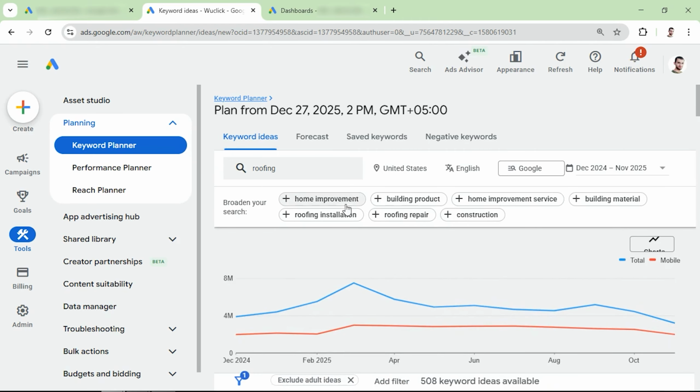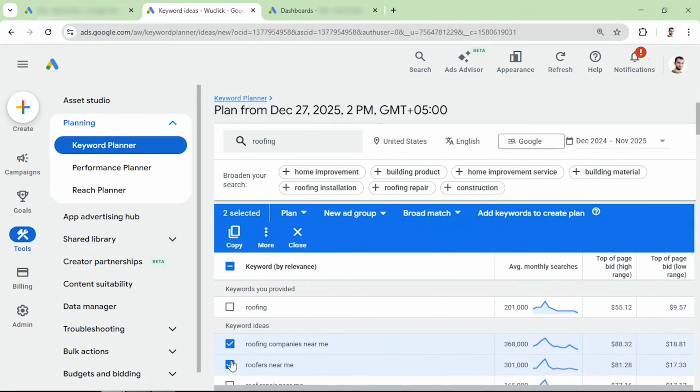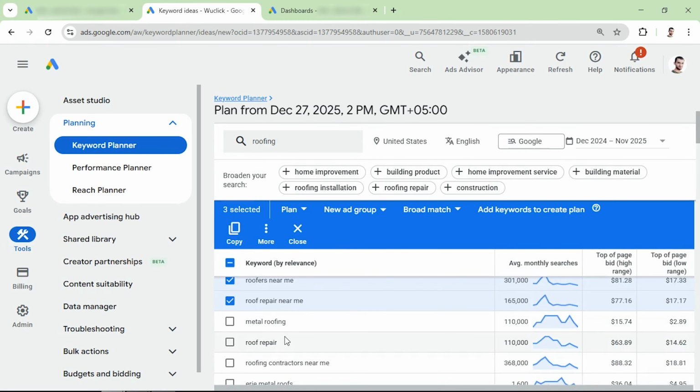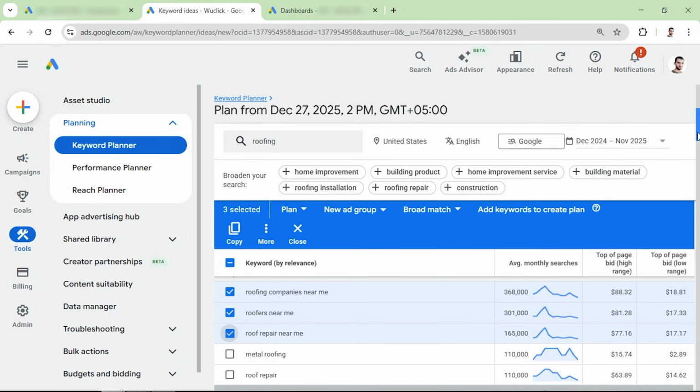So with just one keyword idea, we have around 508 keyword ideas we can choose from. So we're going to scroll down. And as you can see, these are really good target keywords. So roofing companies near me, roofers near me, or roof repair near me. And you should be choosing this kind of higher intent keywords rather than informational type of keywords or mixed intent type of keywords. So for example, roof repair can be relevant to our industry, but it can also attract low quality traffic, such as people who are looking for just information or who are just learning the industry,